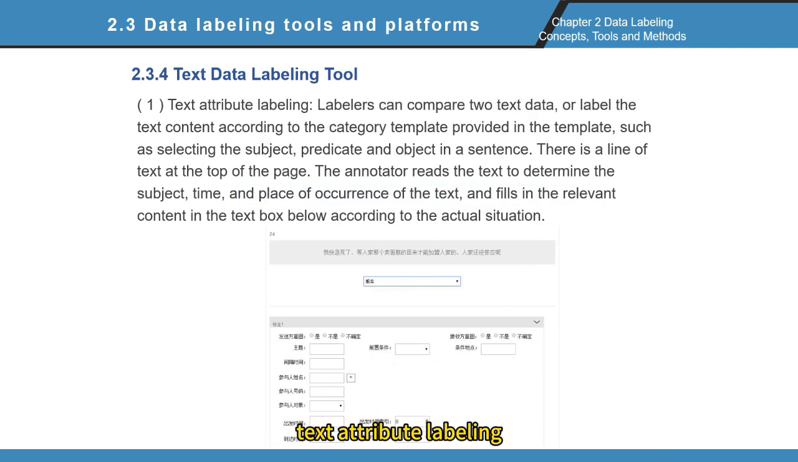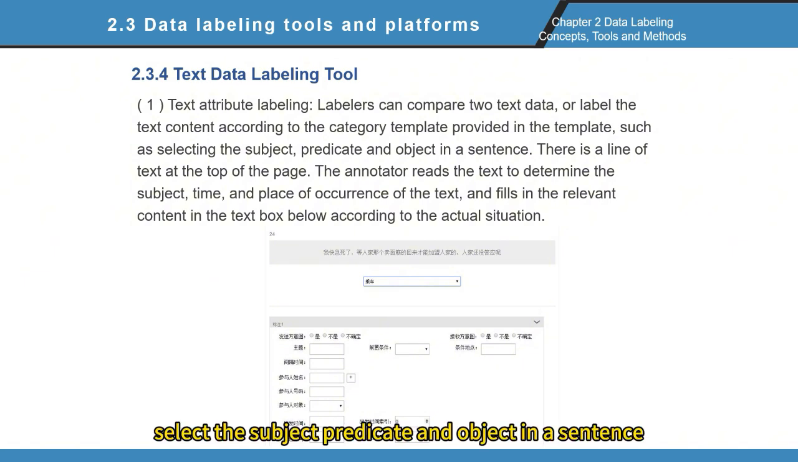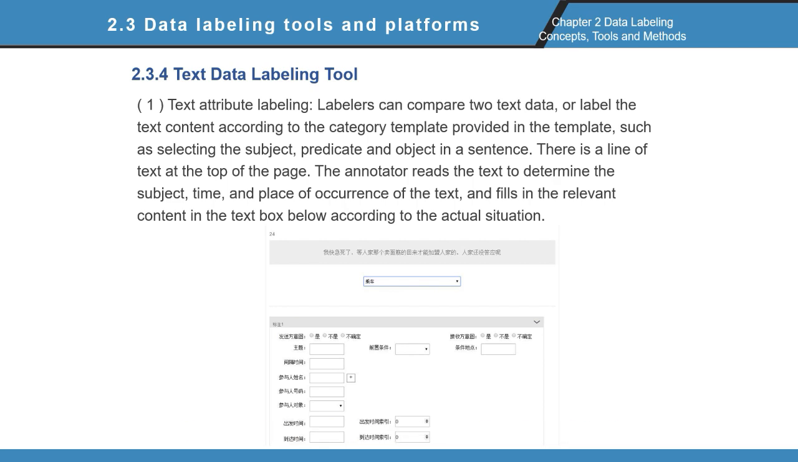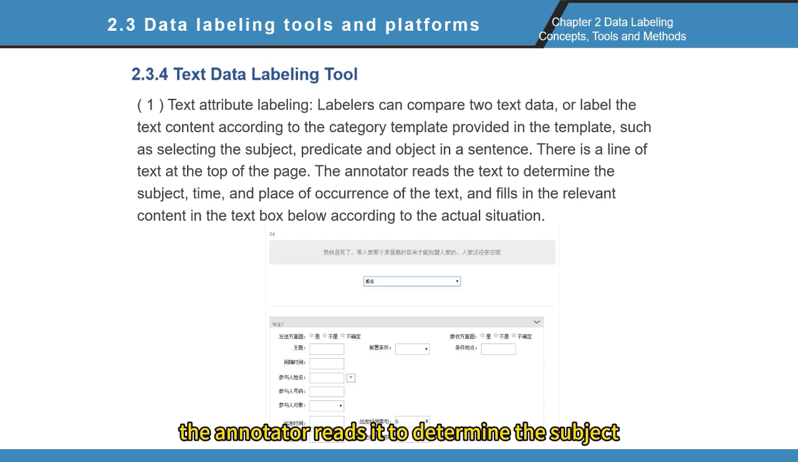Text attribute labeling enables labelers to compare two text data or label the text content according to a provided category template. For example, select the subject, predicate, and object in a sentence. At the top of the page, there's a line of text. The annotator reads it to determine the subject, time, and place of occurrence, and then fills in relevant information in